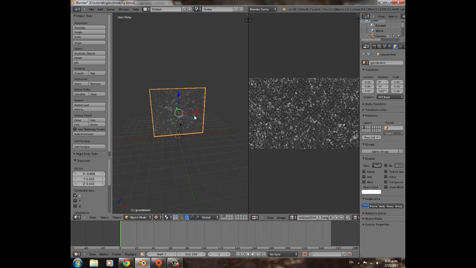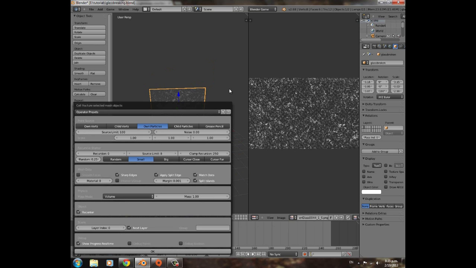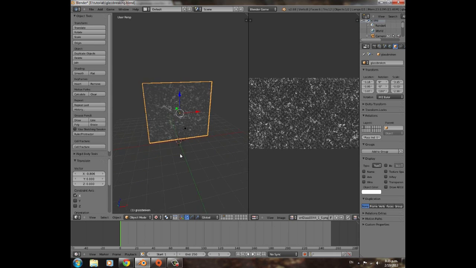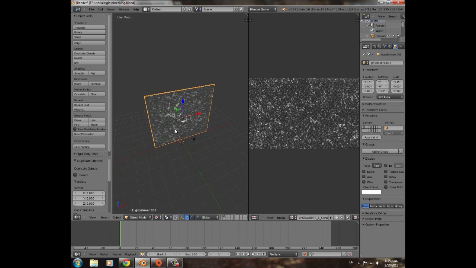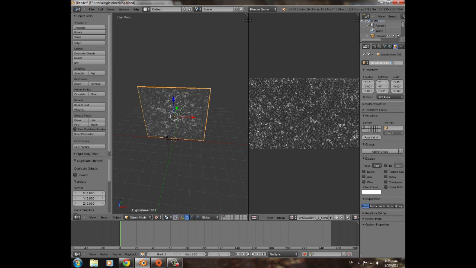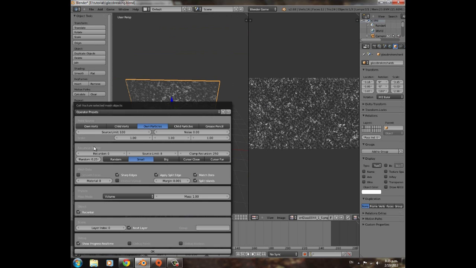So what we're going to do is we'll click cell fracture, and no, actually what we're going to do is click away from that. Then we're going to push Shift D and click with this glass broken. Now we're going to call that glass broken shards, because we're going to chop this one up. Then we're going to click cell fracture, and